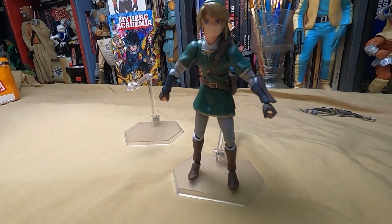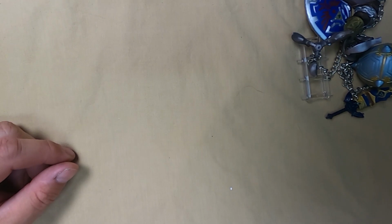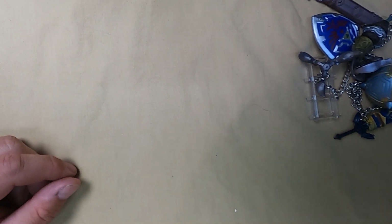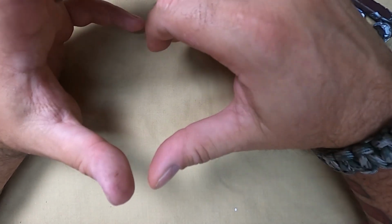Now, let me go back to this. Of course, now the camera is going to be difficult since I moved it, so excuse me. Oh, that's the problem with making do with what you have sometimes. Anyway, let's take a look at the gear he came with. Now,